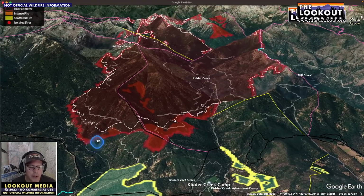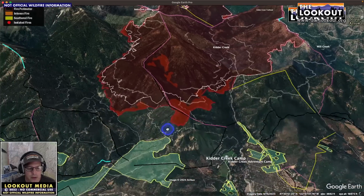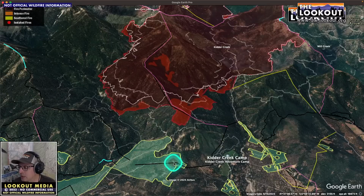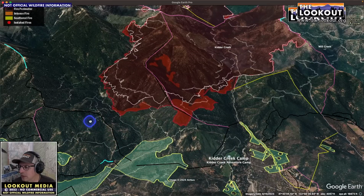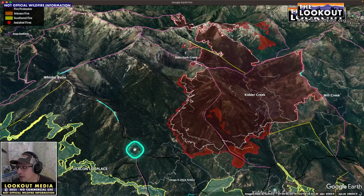So Patterson, fire had not, as of midnight, crossed Patterson Creek. It had kind of slopped over the ridge here. There's a lot of bulldozer line out here. It's a little hard to see, I think, but all this black line is bulldozer line from a couple days ago. And so basically what they've done in Patterson is they've built this box and had a lot of time to prep it now, of dozer line and hand line,